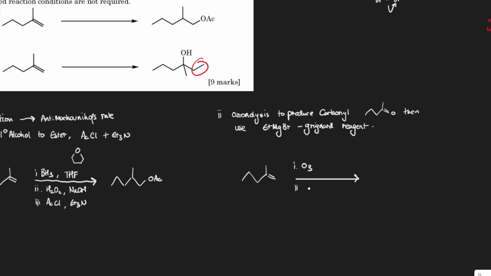Then we're going to need DMS, or dimethyl sulfide, which is going to help form our carbonyl compounds. Good nucleophile here. And then part 3, we will need our Grignard reagent. Usually this is in a solvent, so perhaps a good solvent will be